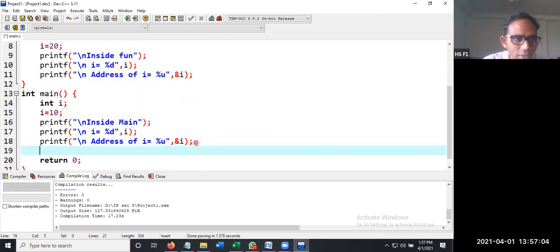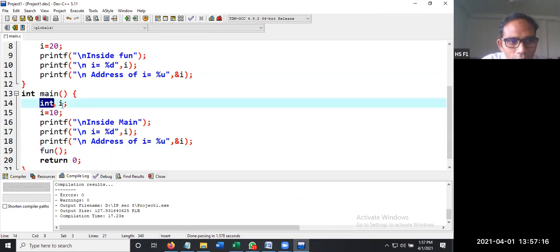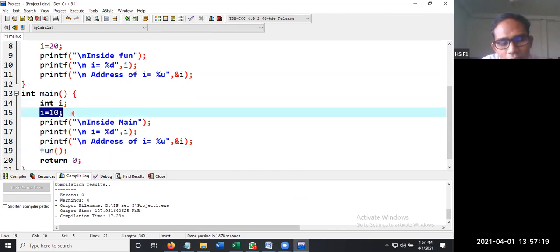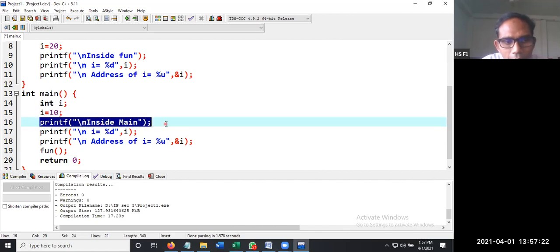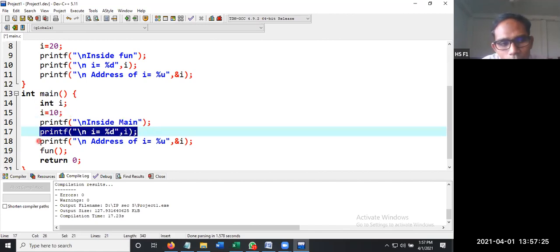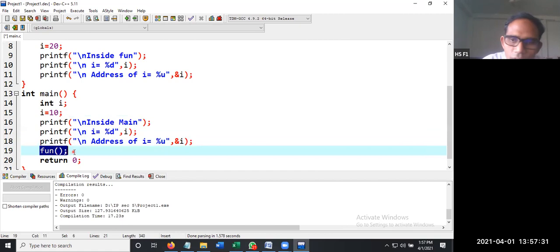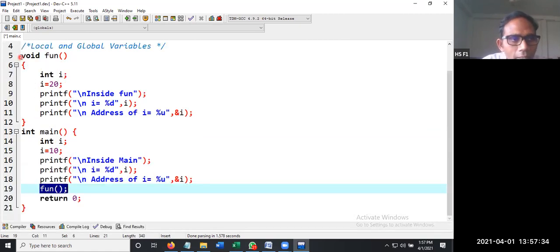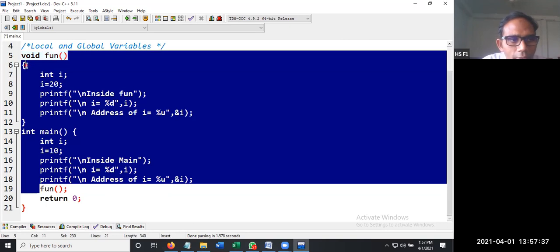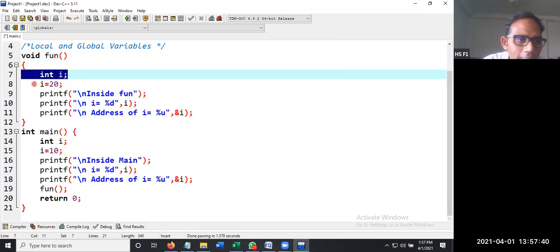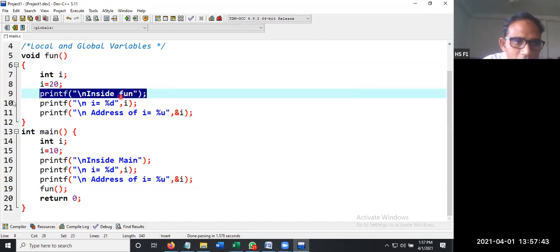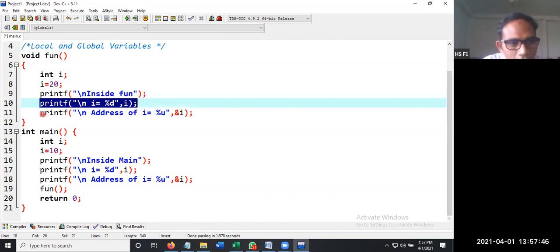Then we make a function call to fun, with nothing inside because the function doesn't have any parameters. First it creates a memory location I, assigns 10, prints inside main the I value and the address of I. Then it calls fun, declares a memory location I, initializes it to 20, prints inside the function the I value 20, then the associated address.